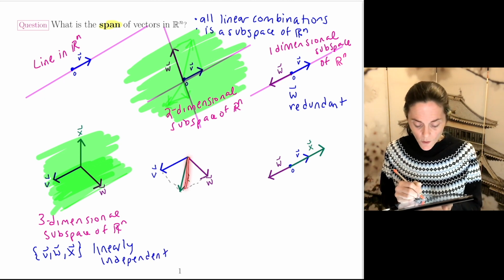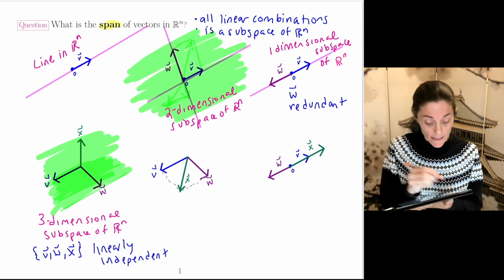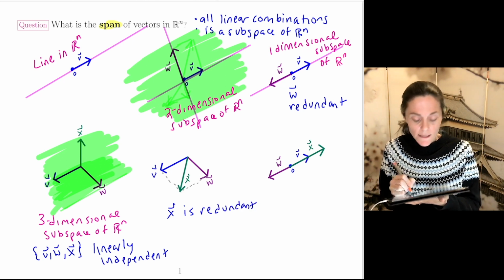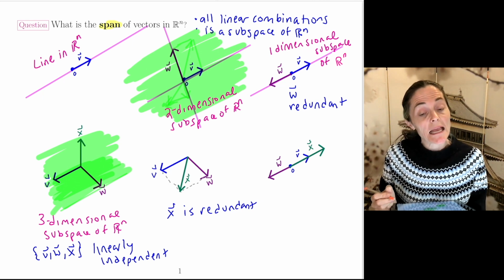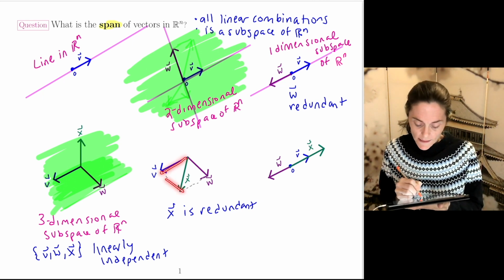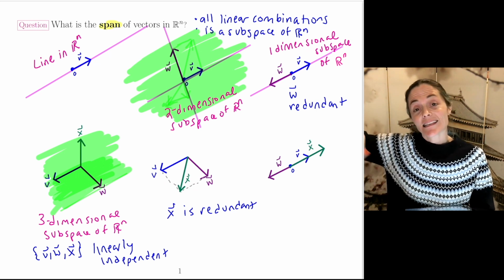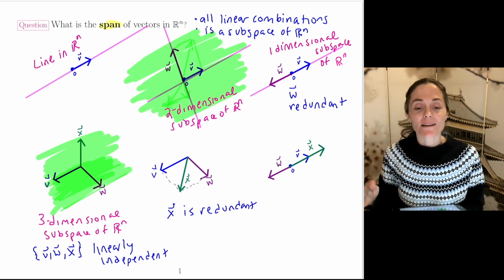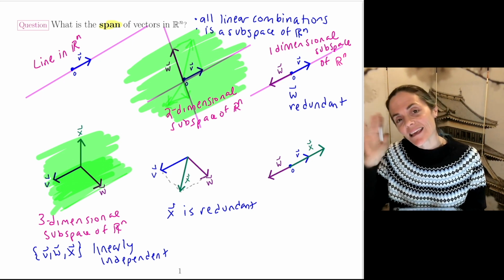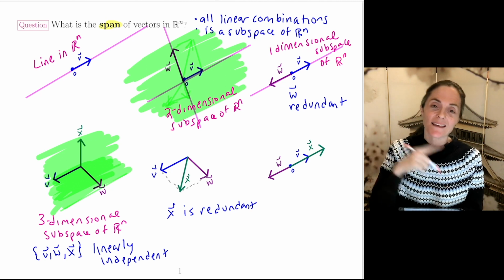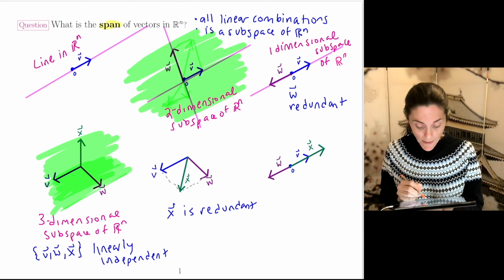In this example, X is redundant. So let me mention that this vector X is redundant, but I do have that, say, W is not a multiple of V. We see it looks like V plus W is X in this picture. So I'm not going to add this third dimension by taking the span. If I take all possible linear combinations of V, W, X, it's just the same as taking all linear combinations of just V and W, in which case, maybe I'll make this one yellow. You just get this plane.